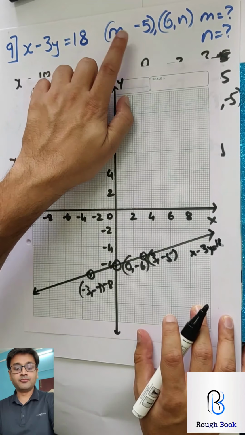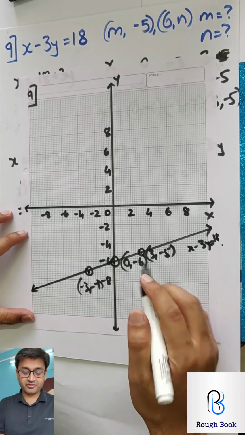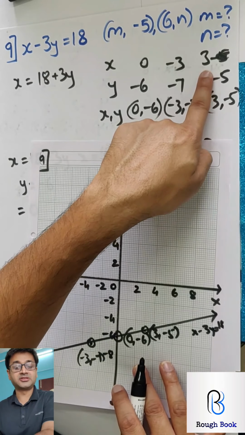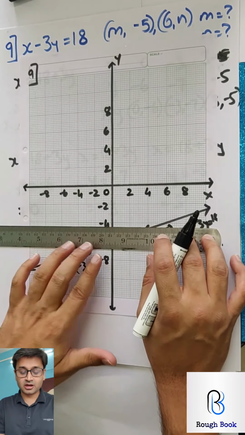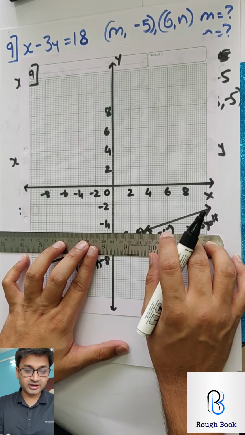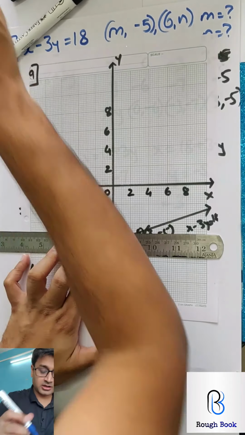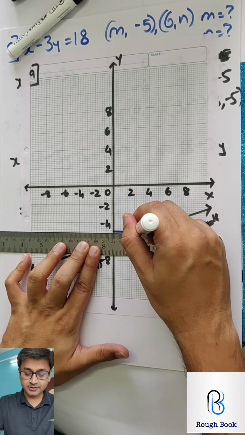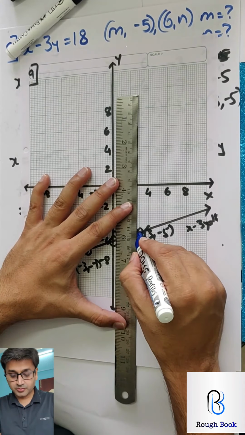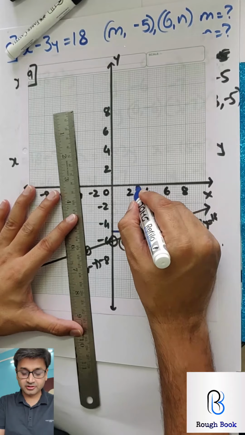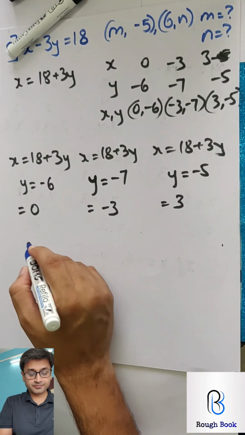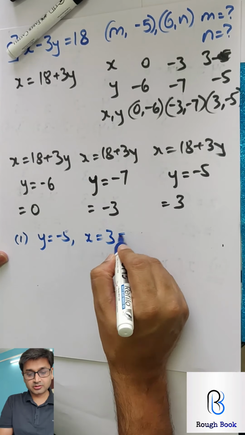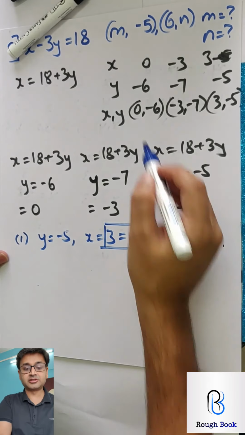Now let's find m when y is minus 5. So if y is minus 5, what will be m? Have you got anything with minus 5y? Yes. So m is 3 ready made, but you need to draw the lines. Without that you will lose your marks. So y is minus 5. Let me draw it with blue. So y as minus 5, what will x become? x is going to be 3 for sure. So that's the first one. Right over here, for y minus 5, x is equal to 3, which equals m. So we get the first part.